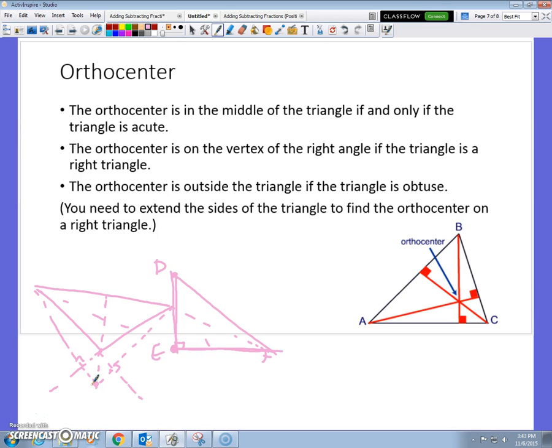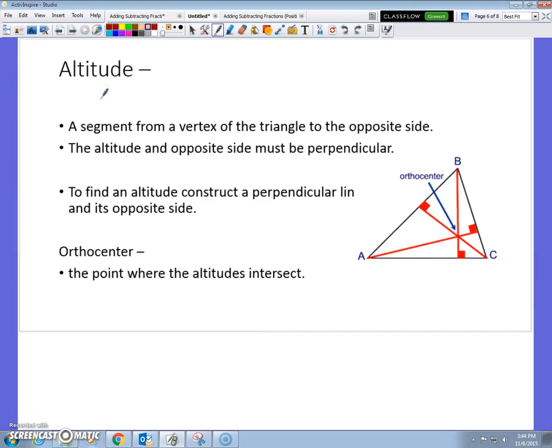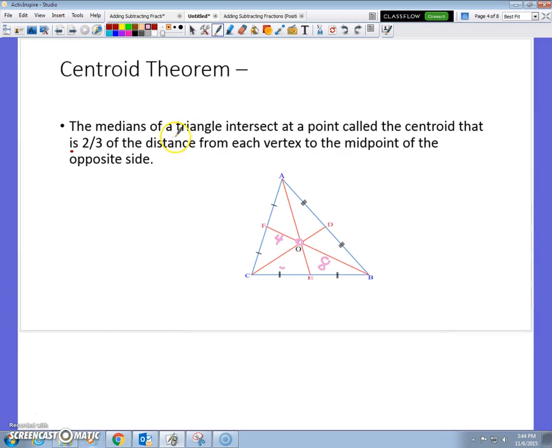So the orthocenter, I need a perpendicular line through the vertex to its opposite side. With the centroid, I just need to find the median and draw lines to it. So new vocab, new constructions, kind of, and that's what I want you to know for tomorrow. I want you to know about the centroid and the orthocenter. Don't forget the altitude. I didn't say that word very often. The altitude is when you connect the vertex of a triangle to its opposite side using a perpendicular line. And finally, the centroid is where you're looking for the middle part of this segment, and similar construction to the perpendicular bisector, but you're connecting that to the vertex actually. So that's it for